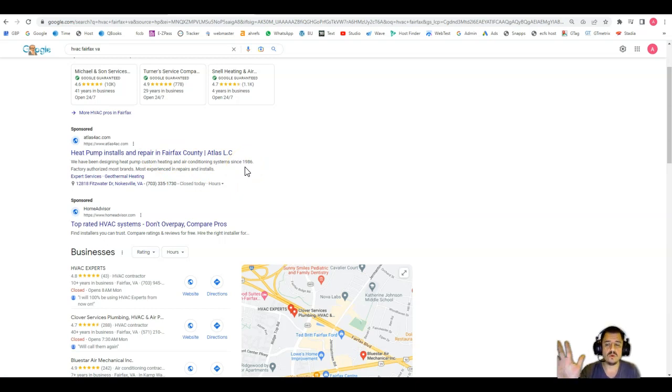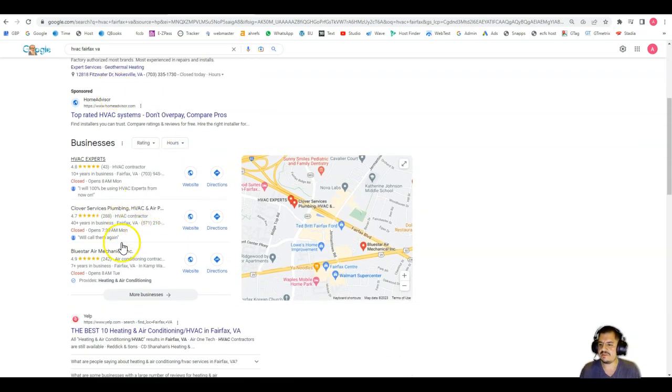Even though Google will make it look really easy to set up and run, you can end up paying a lot of money not getting one phone call. So if you're going to go this route, I suggest spending a little more time understanding keywords, how much the competition is paying to be on the first page, the bids, the conversion rate, things like that. It's very important to understand this, even though they'll make it nice and easy, it can be very confusing. Then we have this map section.